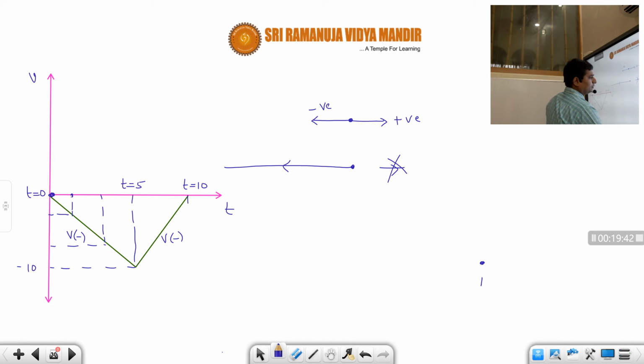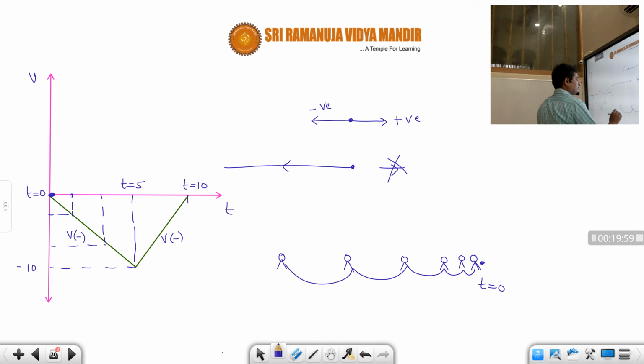Suppose let's say at time t equal to 0, its velocity is 0. So it is like this. Next slowly it will increase, 1 meter per second, 2 meter per second, 3 meter per second, like this, maybe then 10 meter per second. Correct or not? So it increases, increases, increases, like this. So at time t equal to 5 seconds, what happened? Its velocity is maximum. Now after that its velocity is decreasing, but does it mean that the body is traveling in the right side? No, it is still negative. So therefore it will continue like this.